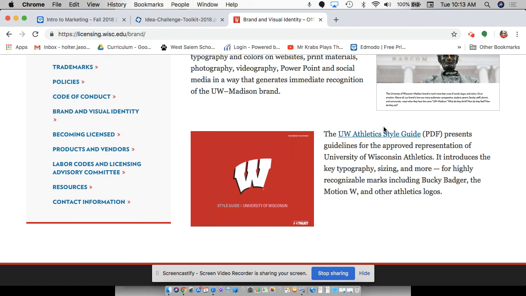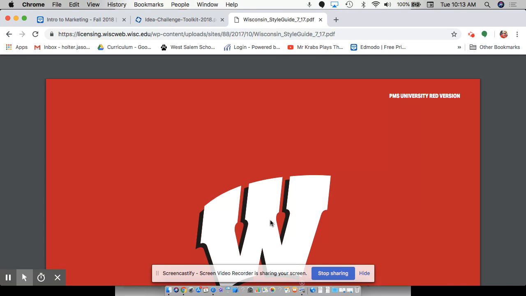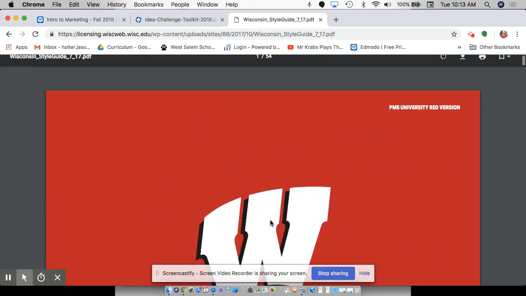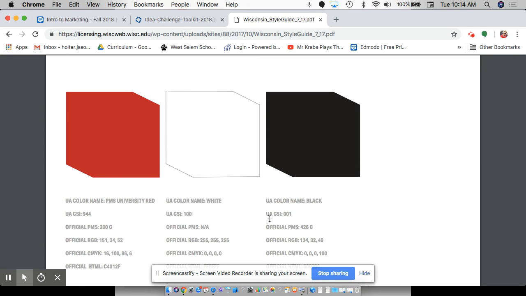So this is the University of Wisconsin Athletics Style Guide. This is their guidelines to branding. Wisconsin has this, most universities, most sports teams, a lot of different organizations have something like this. So this style guide is actually a giant PDF on how to make Badgers clothes. And so if they license out their brand to other people, see, Wisconsin doesn't actually make all of their shirts and things like that. They really are a university.